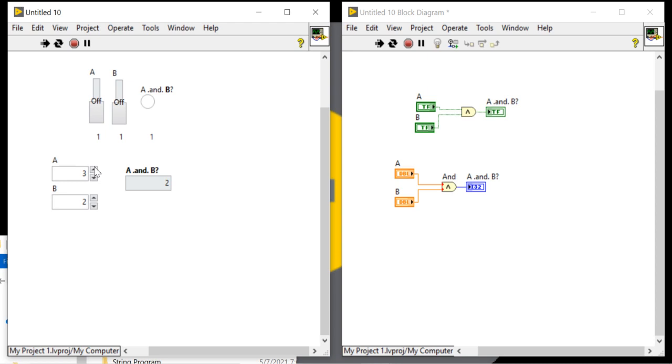Output of 3 and 1 will be 2. Output of 3 and 3 will be 3. Output of 4 and 3 will be 0. Yes, it is a bitwise operation.